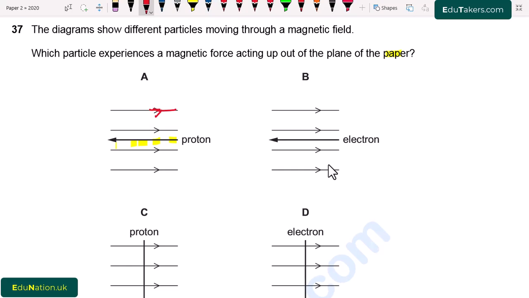When the angle between the direction of motion of the particle and the magnetic field is 0 or 180, then the force will be equal to 0. So there is no force on the proton that is moving antiparallel to the magnetic field. In this case, force is equal to 0. Option B is that the electron is again moving from right to left while the magnetic field is from left to right. So both of these are antiparallel, due to which force is also 0.